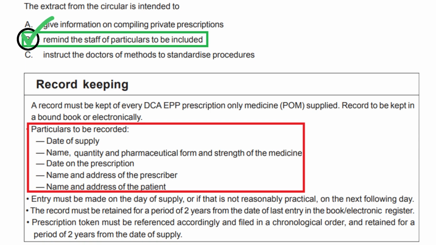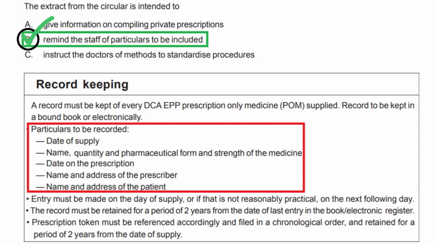Option B. Remind the staff of particulars to be included. This option is correct because the paragraph clearly states that a record must be kept and provides a list of particulars to be recorded. The paragraph specifies that the staff should record the date of supply, name, quantity, pharmaceutical form, and strength of the medicine, date on the prescription, name and address of the prescriber, and name and address of